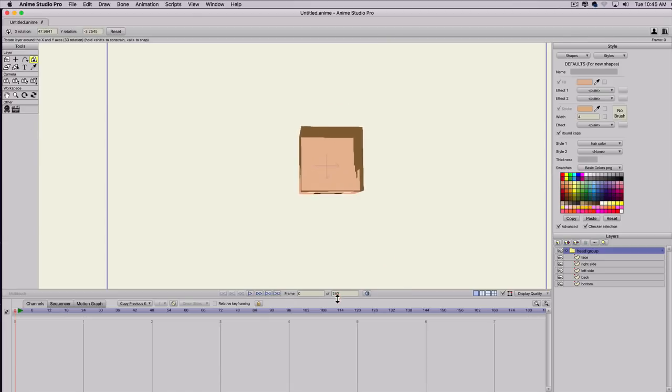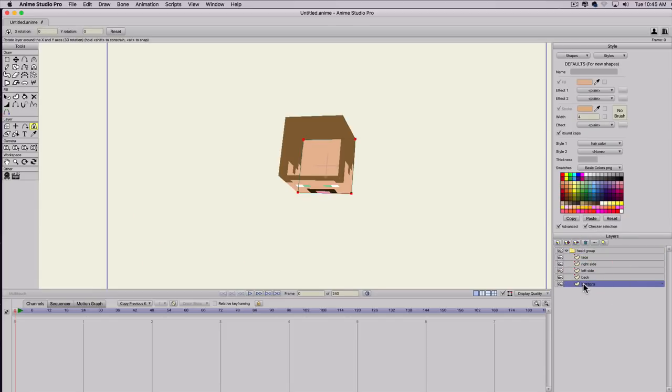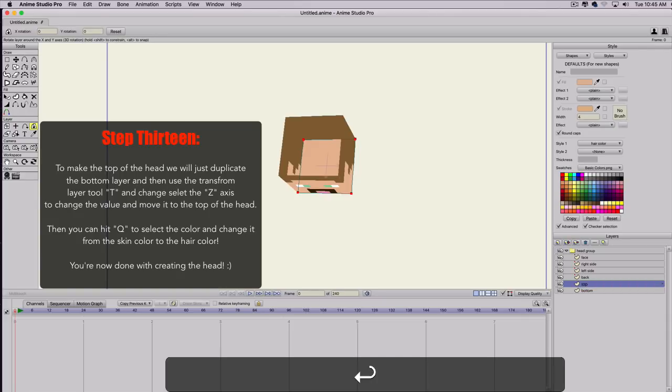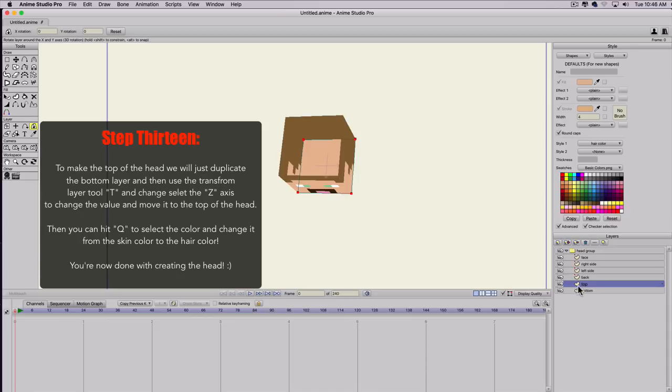Obviously we're missing the top of the head, but that's an easy fix. Even with the head rotated, I'm going to leave this rotated, and then I'm going to select the bottom. I'll duplicate that and call it the top, hit return. And now, with it rotated like this, I'm going to select the transform layer tool,